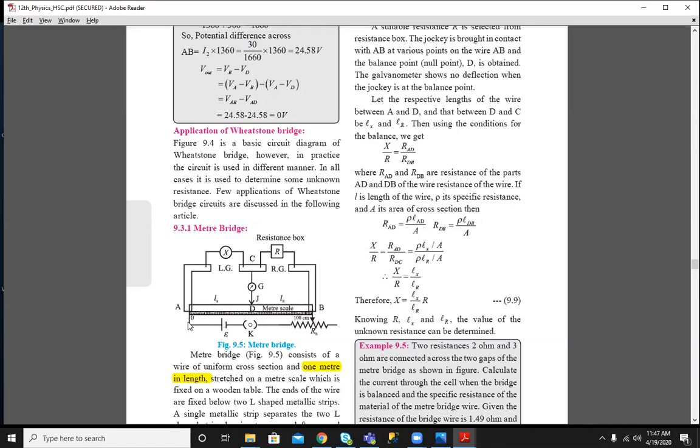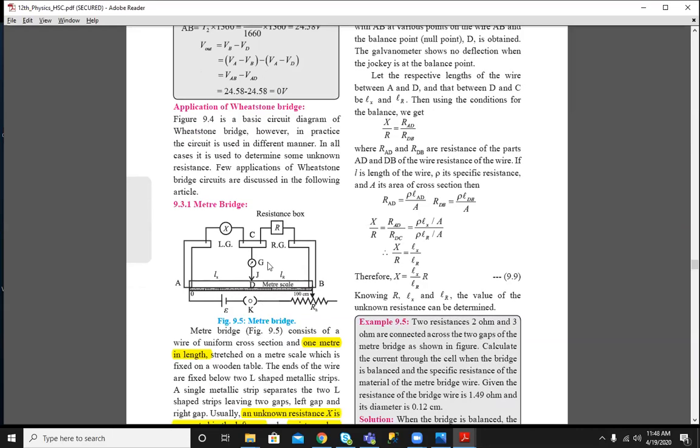The total current I, as we saw in the Wheatstone bridge, divides at the junction. Some of the current will go through the strip to X and some of the current will go along the wire. The current going along strip A towards X will not go towards the galvanometer, but will continue towards the resistance box, and the wire current continues towards the other section of wire. So this is also like a Wheatstone bridge. At the null point, the galvanometer is not showing deflection.